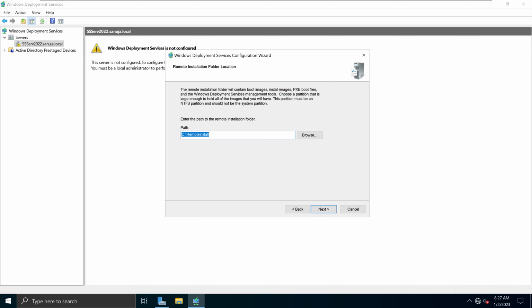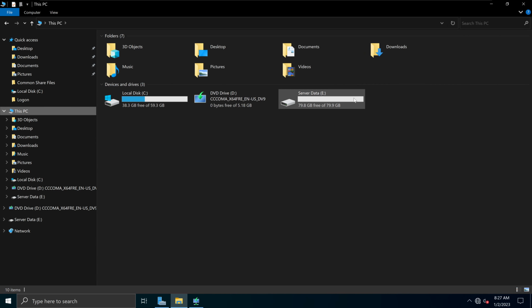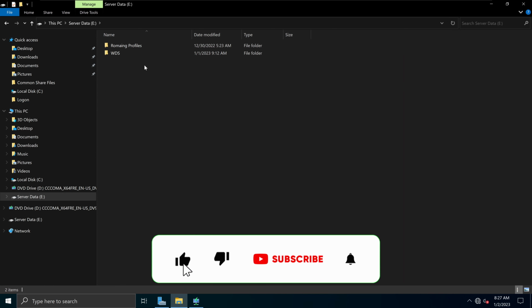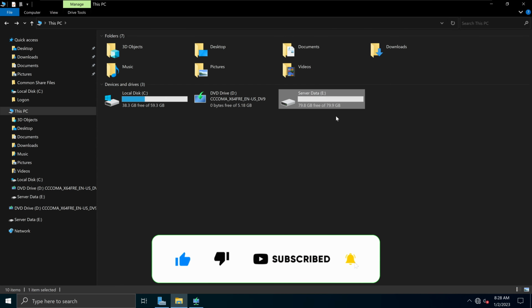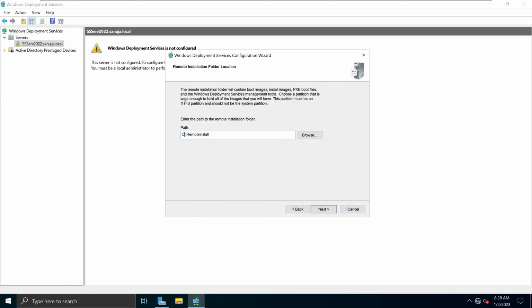And it will ask you, where should the remote installation folder be located? So for this, what I have done, I have created a secondary drive, the E drive, that has some roaming profiles and other examples in here. And I'm going to use that E drive. So I'm going to change this C drive to E drive so that it will be installing on that separate